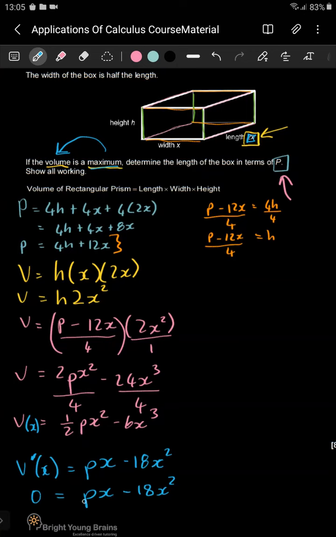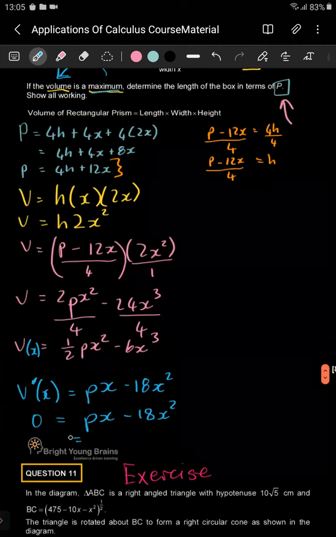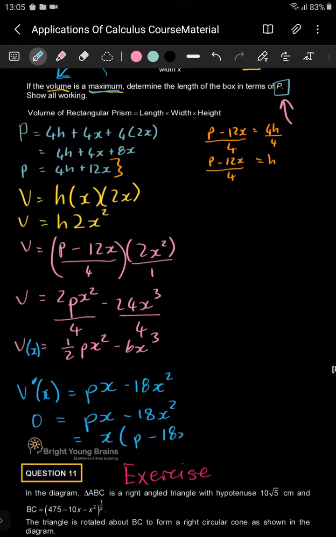So we need to get x here so that we can just throw x there and see what the length would need to be. So if you're going to solve for x here, you can clearly just factorize. You can take out x as a common factor. You're going to have x times (p minus 18x) equal to 0. So here x is equal to 0, which would clearly be the minimum